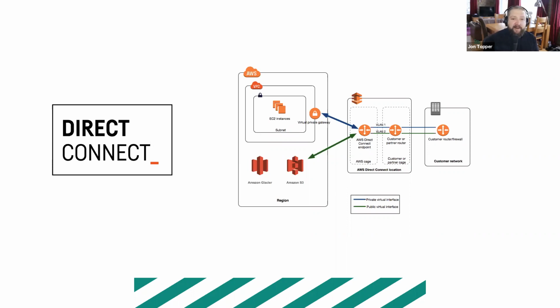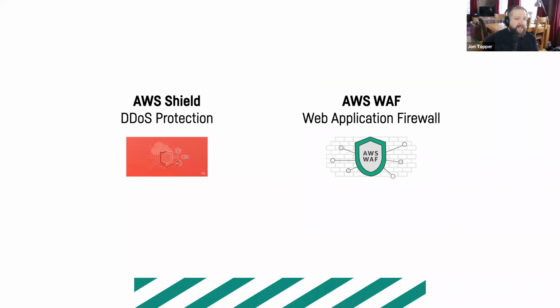Good to see you. Other things to think about enabling as you build your platform is AWS Shield. So if you're using CloudFront, or API Gateway, or an ALB or an NLB for your load balancing, you get access to Shield by default. And Shield is the DDoS protection service provided by AWS. So if you start getting spanked by huge amounts of malicious traffic from outside of your network, then Shield will